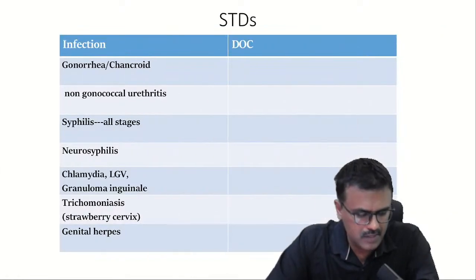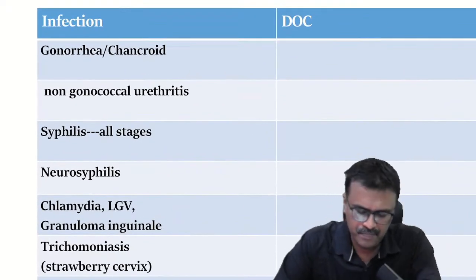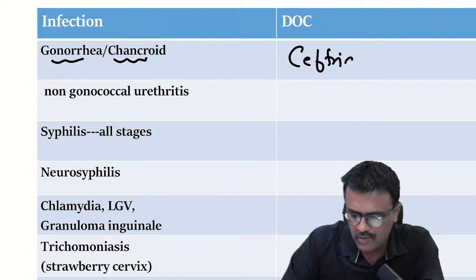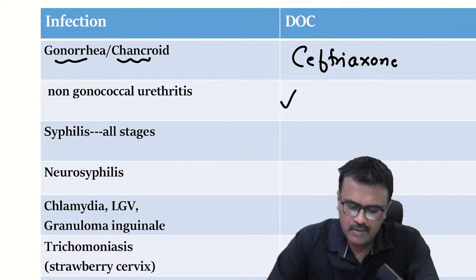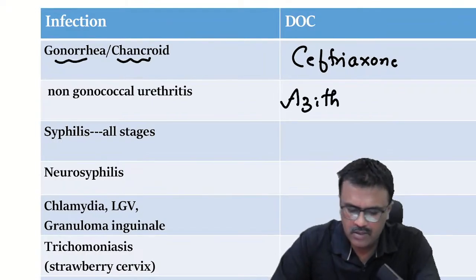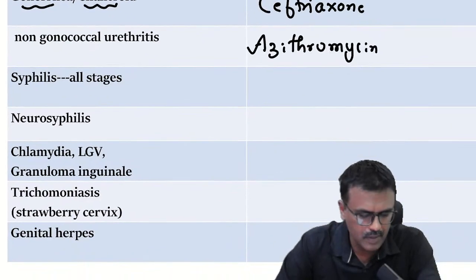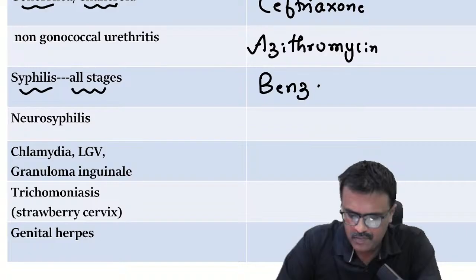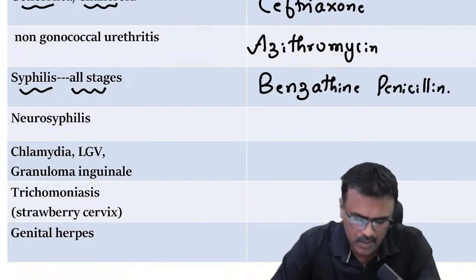So what are we going to discuss in this? We are going to discuss the STDs and drug of choice. Gonorrhea and chancroid, the drug of choice is ceftriaxone. Non-gonococcal urethritis, the drug of choice will be azithromycin. Syphilis, all stages, we use benzathine penicillin. But in neurosyphilis,